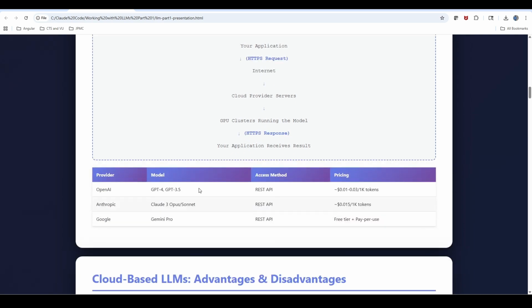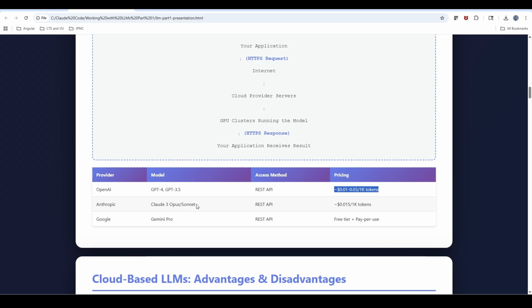Now let's look at different providers today, right? OpenAI offers ChatGPT, GPT-4, and GPT-3.5 via REST API, and they price by token. This is an example pricing; for the latest pricing, you can look at their websites. Anthropic has Claude 3 Sonnet.